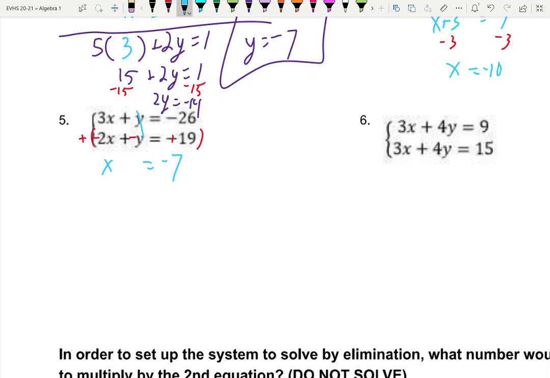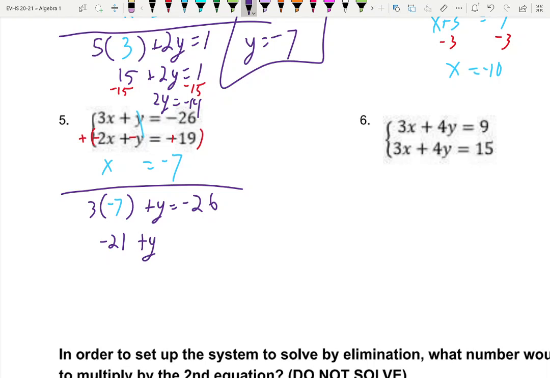Now pick one of the top two equations. I'm going to do the top one. 3x plus y equals negative 26. We're going to substitute in the negative 7 there. 3 times negative 7 is negative 21, plus y equals negative 26. Now we're going to add 21 to both sides,